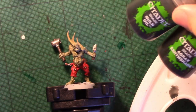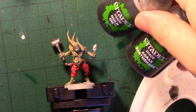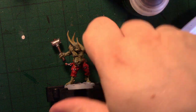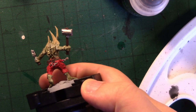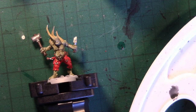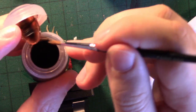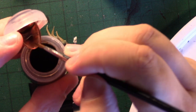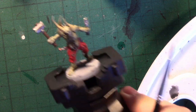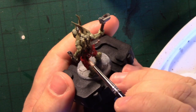I'm now going to apply 2 ink washes, one of Nuln Oil to the metallics and one of Agrax Earthshade to the clothes and the fungal horns. I'll also put a little bit of Agrax Earthshade on some of the larger boils. So I'm going to shake it, take a little Agrax Earthshade from the lid to give me a little more control over how much I'm using, and then I'm going to start painting it onto the clothing